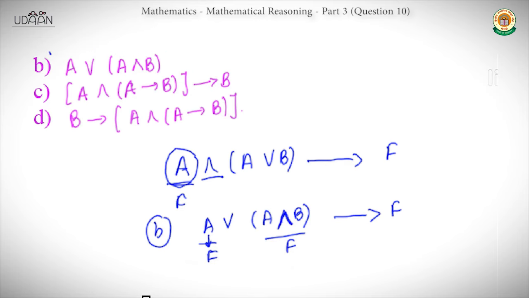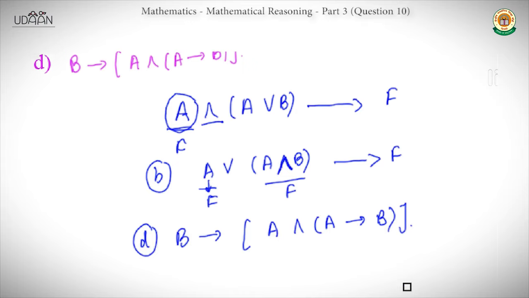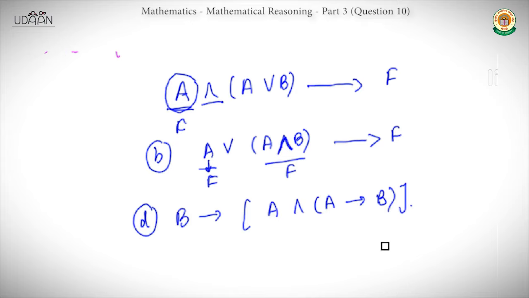Now let's look at the D part first. Why am I looking at it first? You can understand. It says (B implies A) or (A implies B). You can simply look at this: if A is false and B is true, the given statement will be false. Let's look into this. A is false and B is true. So the implies would be false. The and is false, and since B implies the false statement